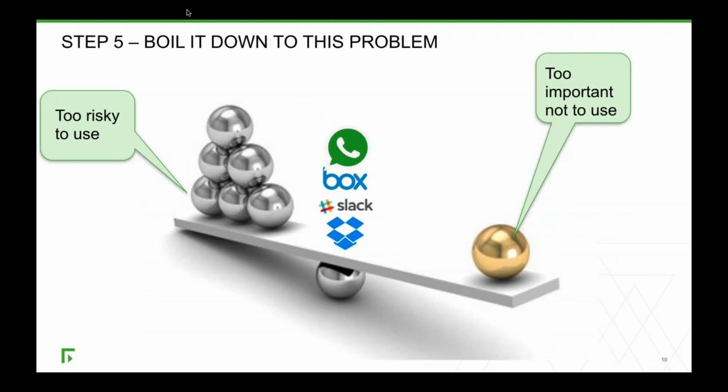So from the user's point of view, and from the business point of view, it boils down to this, right? There will be cloud applications in your business that people are using they haven't told you about, that for them, are really important. But they're also too risky to use. It's kind of this paradox, right? So, for example, you may have people that are collaborating with third parties externally. They might need to move large files from your business to their business, or to work on bids, or to work on